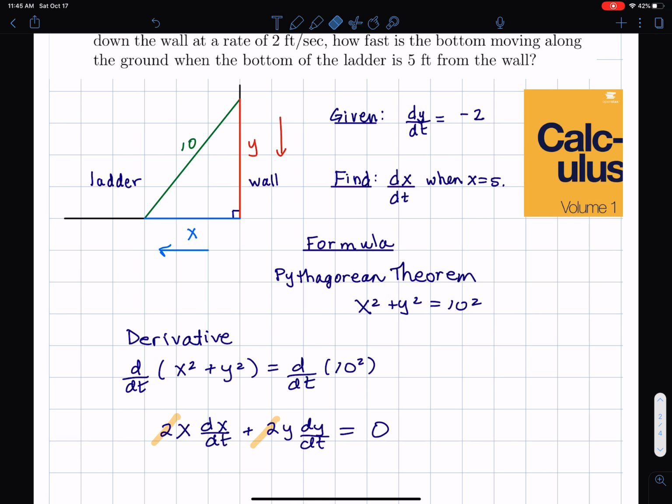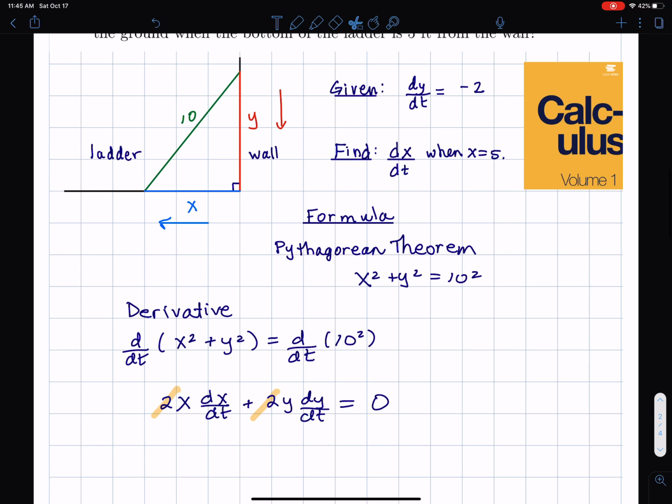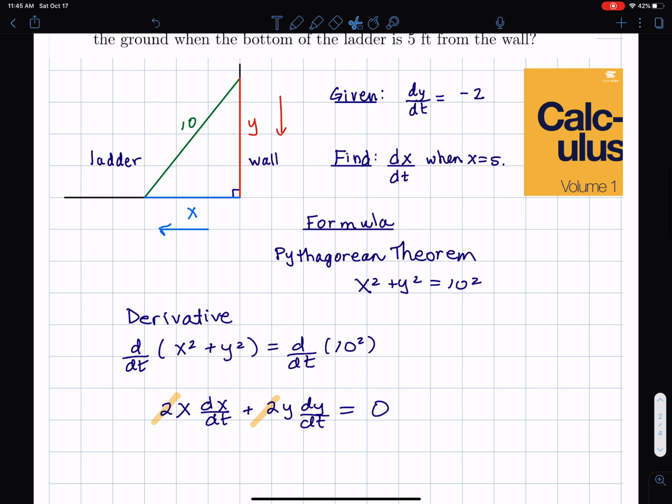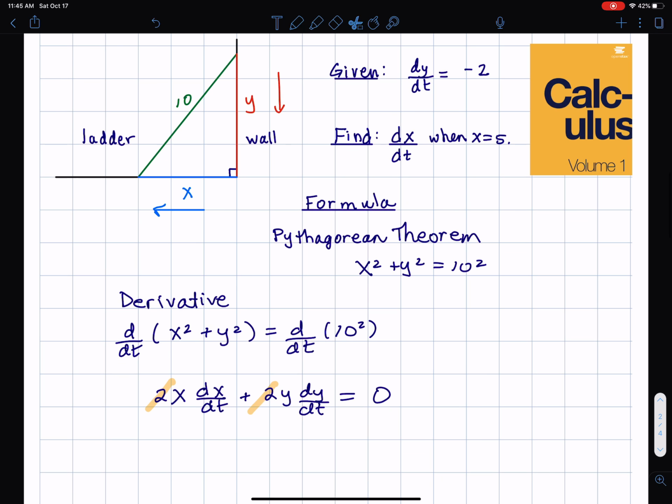And what else am I going to put in? Well, let's keep in mind what I'm trying to find. I'm trying to find dx/dt when x equals 5. So what else do I need? Oh, I need to find out what y is. Okay, and put y in. So let's go ahead and find y